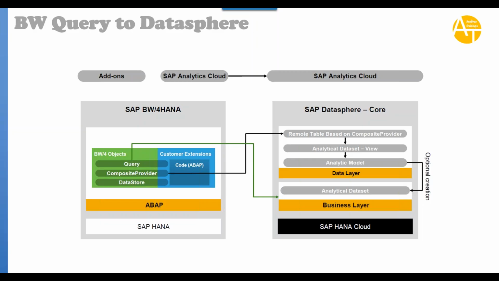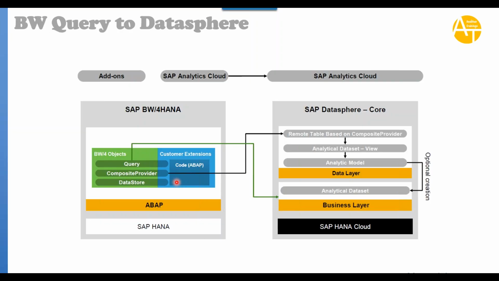So this is the broad architecture diagram I wanted to show you, of how the exchange of data will happen between BW for HANA and SAP DataSphere. On the left, you can see the BW for HANA on-premise system, where you can easily leverage your existing data flow with advanced data store objects, composite providers, as well as queries from BW HANA into DataSphere. If you use BW model transfer or model transfer connection,